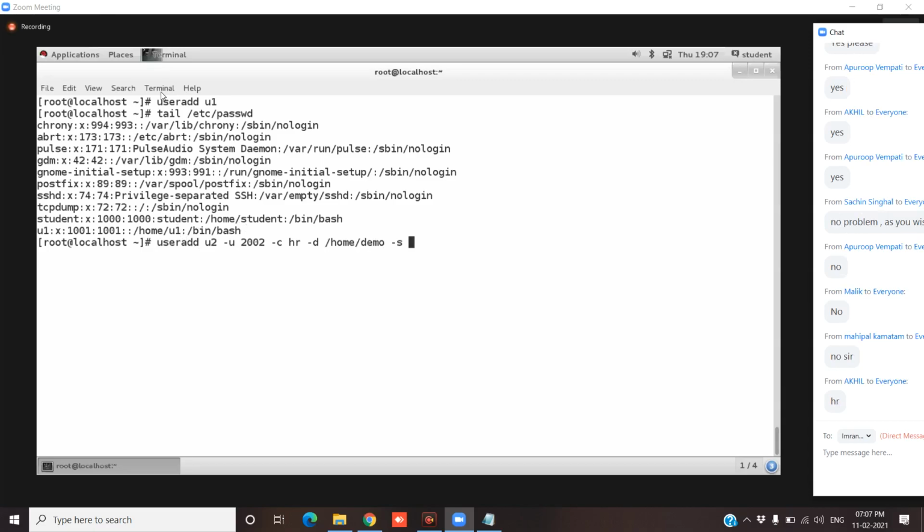-s, I'm changing the shell environment. I'm providing a non-interactive shell. I'm trying to provide the no login shell. The u2 user account got created successfully. Clear? Then